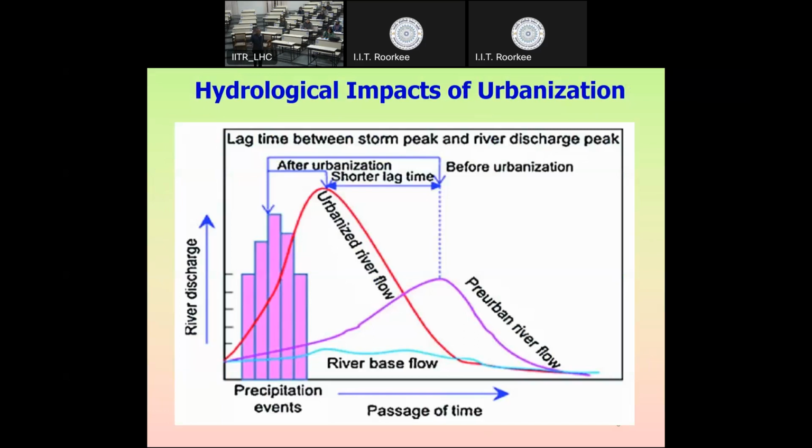Before the urbanization, the river flow behavior might be what you see through the purple curve, but after urbanization, some changes take place. One thing is water moves fast on a paved surface and less water infiltrates. And because of these two reasons, the peaks start appearing earlier and the magnitude of peak also increases because less water is infiltrating to the ground. So these are two changes which take place in terms of river flow. Right? Any question, comment, suggestion? Too elementary. Everybody? Okay.